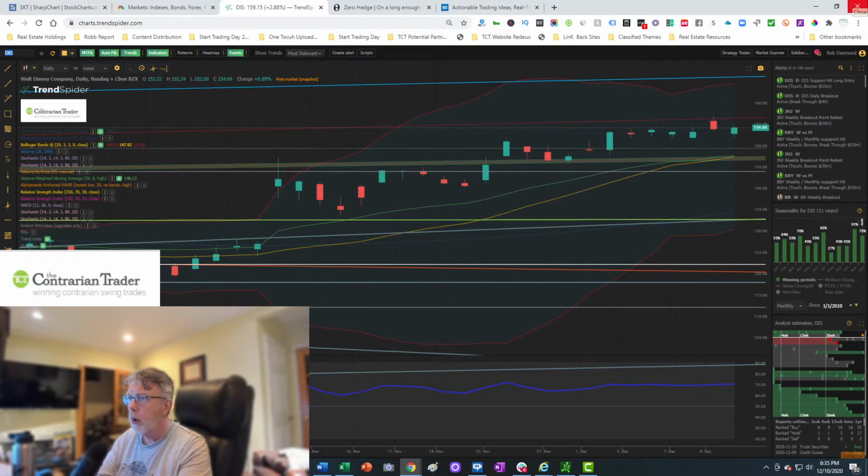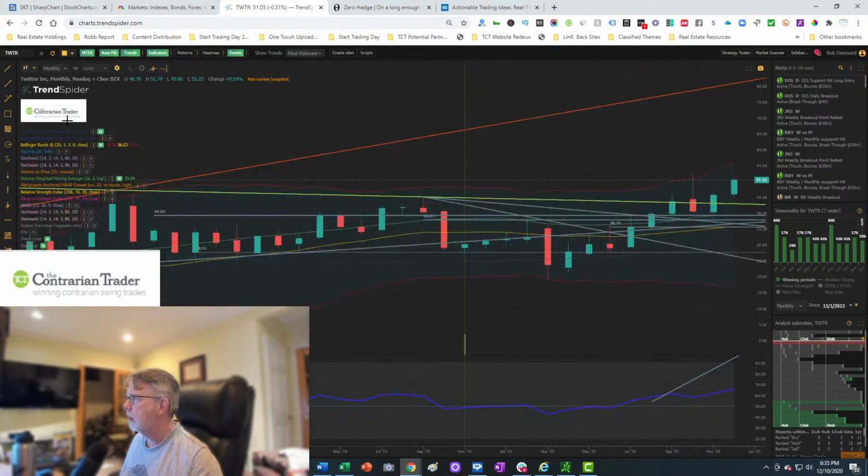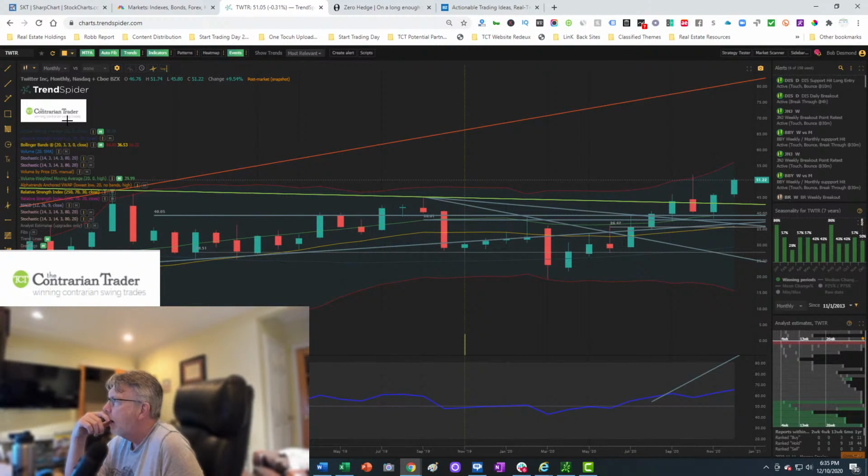Looks good. Twitter. All right, Twitter. I was just about to bash it, but it looks like it's going to go higher. All right, I'll keep my comments to myself. Twitter is probably one of the stocks that I want to short the most on principle, but it's horrible to trade that way. So I'll wait for it to become overbought and ridiculously expensive.